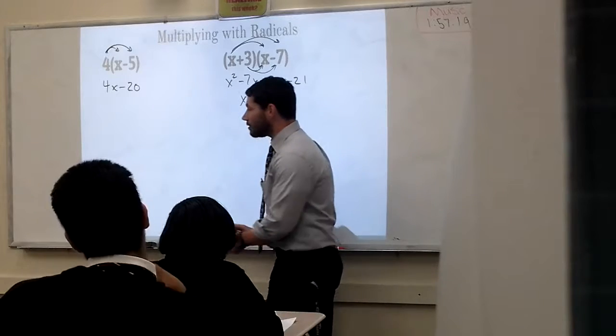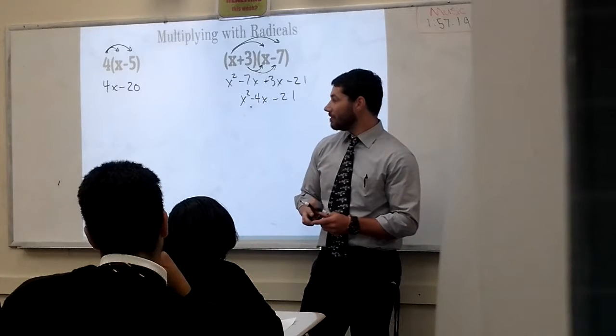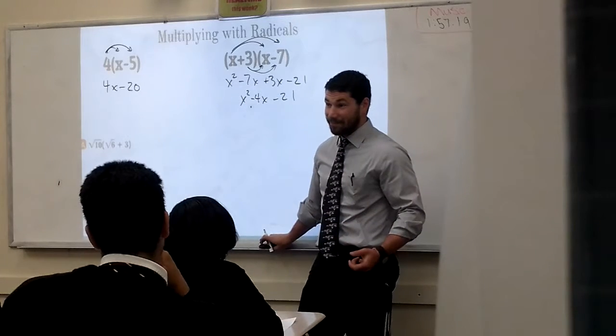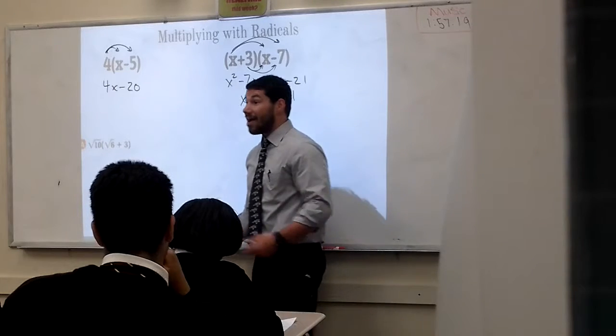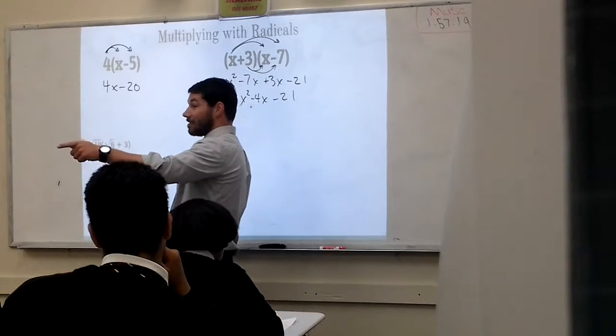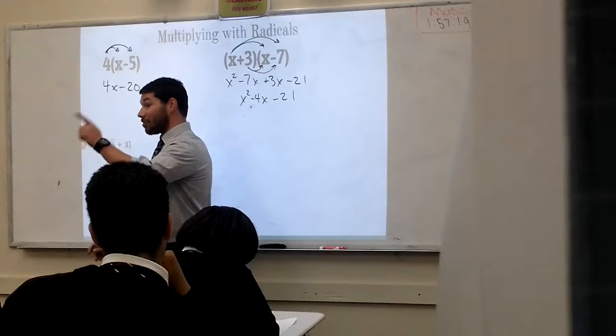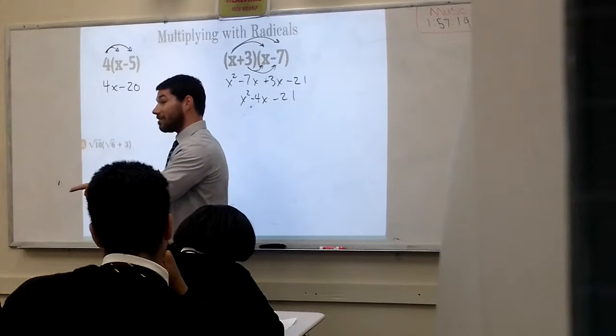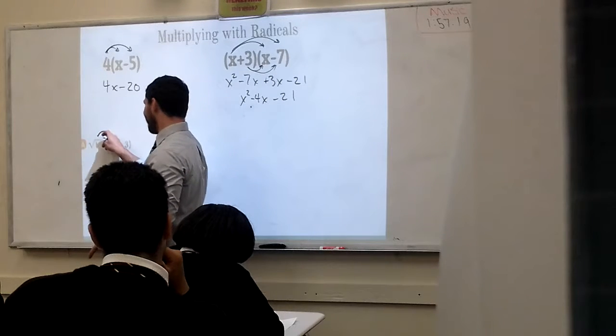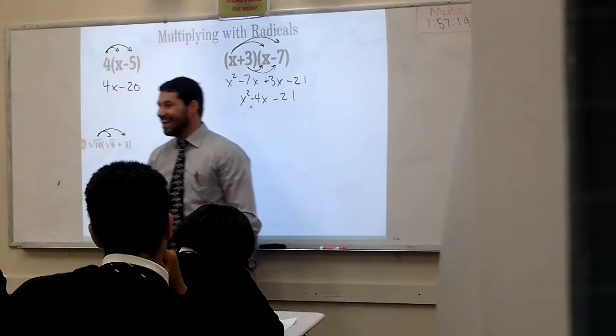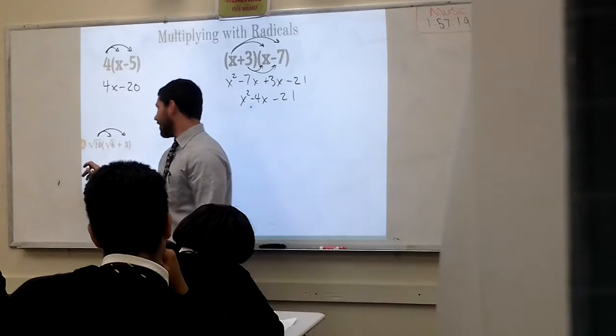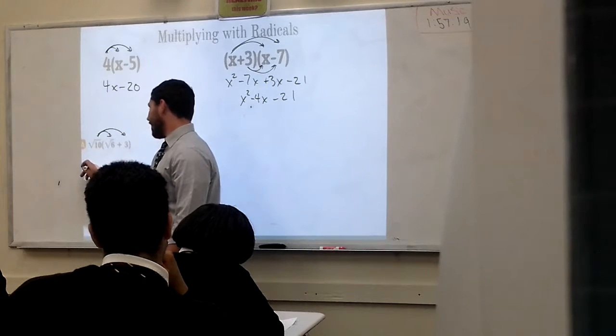Alright, so what do you think we would do if we had this guy? Distribute. Oh, very good. Alright, we just distribute that square root of 10, sorry, and we get square